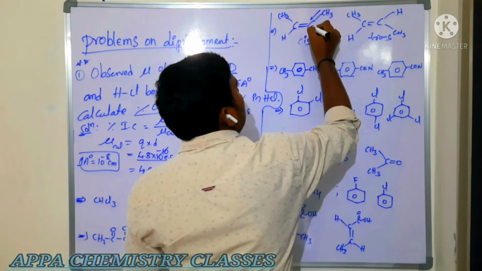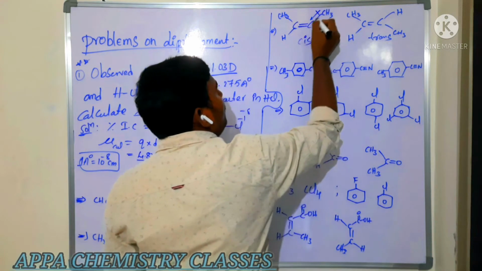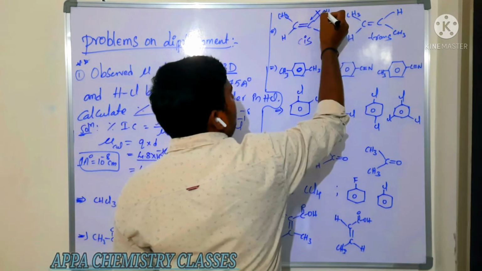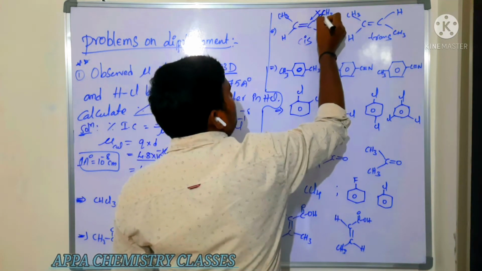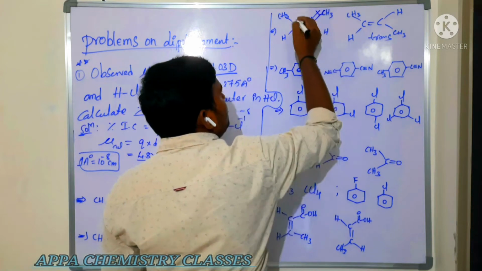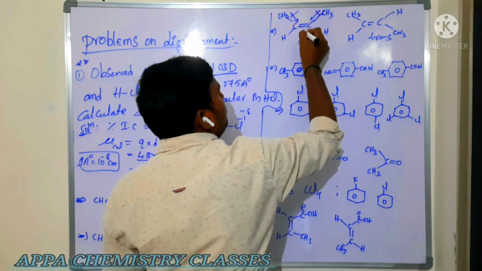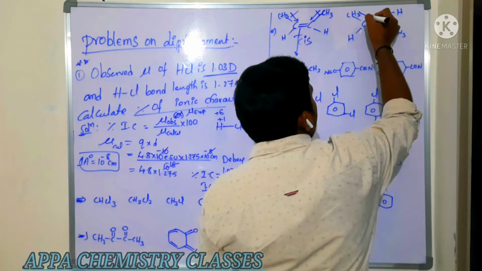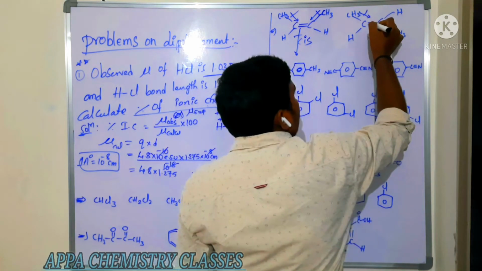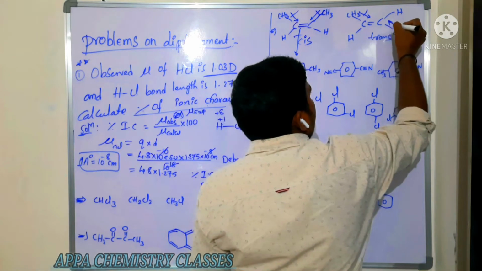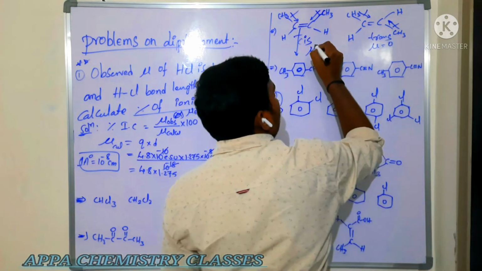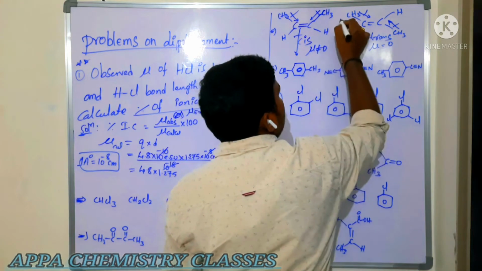Then what happens, it is more electronegative. The electron movement will take place towards this one. And also we know that this methyl group is an electron releasing group. So here also the resultant net dipole moment will be in the downward direction. But whereas here it is giving towards the other side, so both will cancel out. Here mu is equal to 0, but here mu is not equal to 0, which is having more dipole moment.